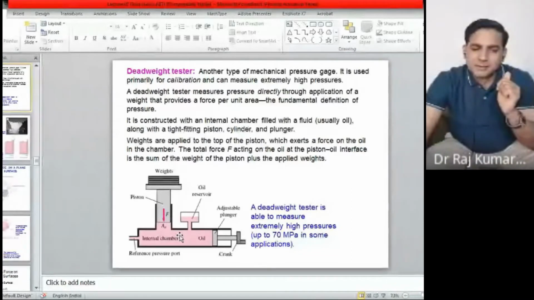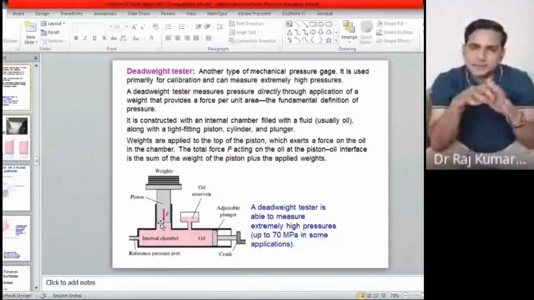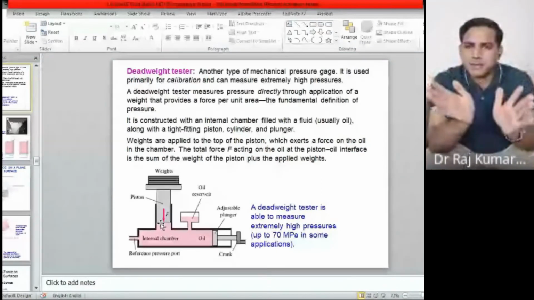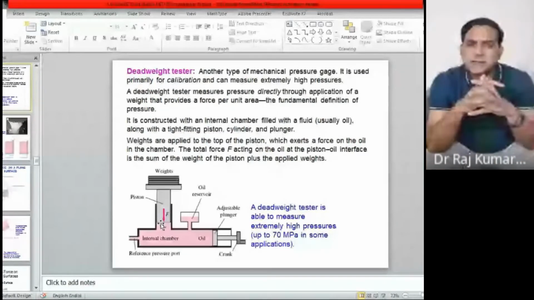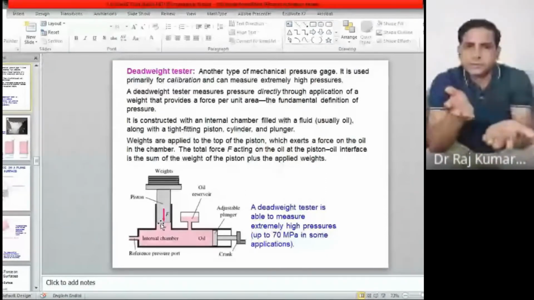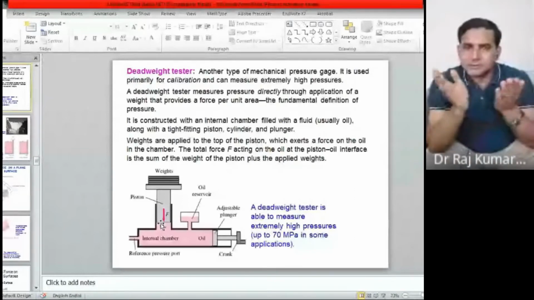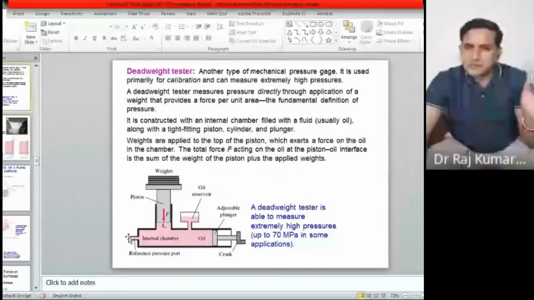Now that pressure would also be applied below the piston on which you have put your weight. Once it lifts off, you say that this much has moved, and the pressure inside the tank and this piston is balanced. Until it lifts, you cannot say whether it is lifting by the pressure or not, so you are not sure. Therefore you have to lift the weight up slightly so that you can say the system is now in equilibrium. In that condition, this pressure gauge will give the pressure inside the tank.